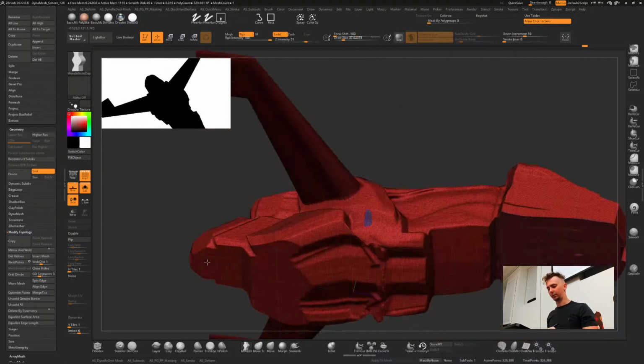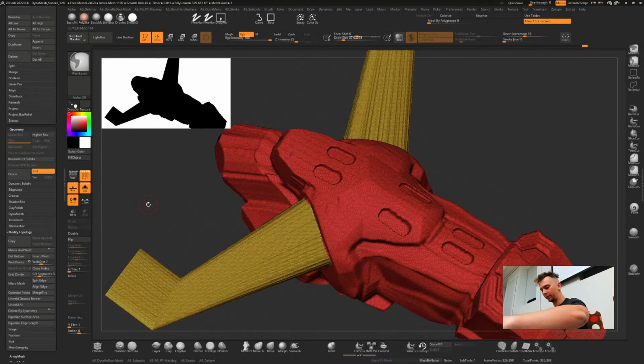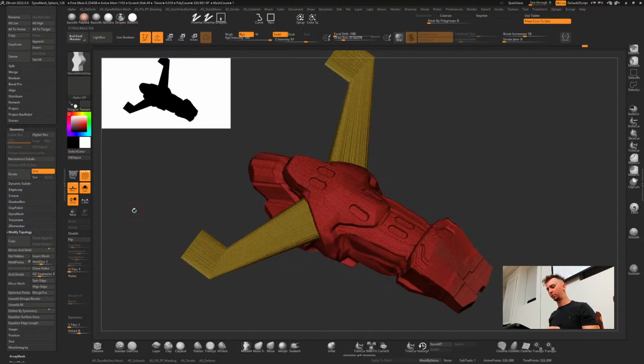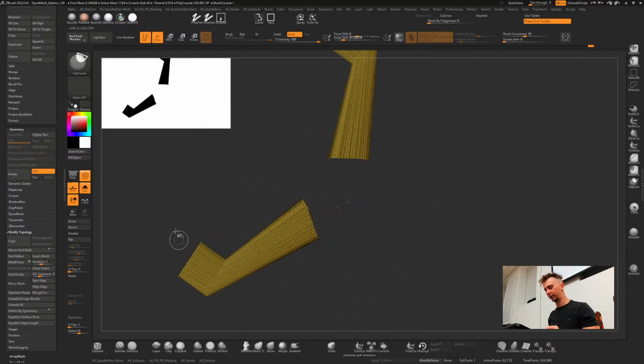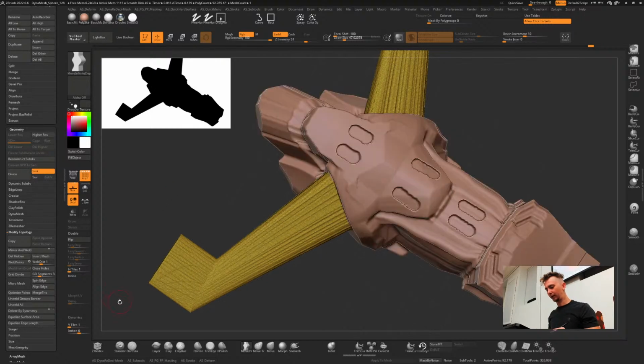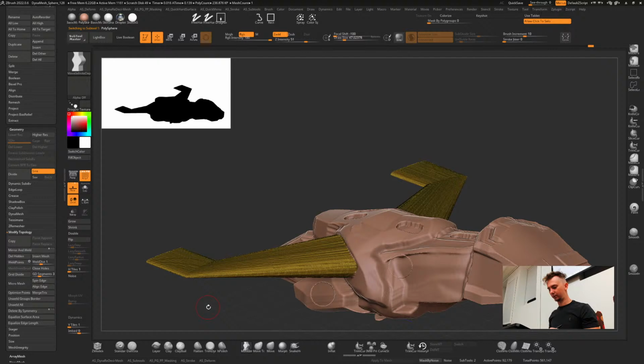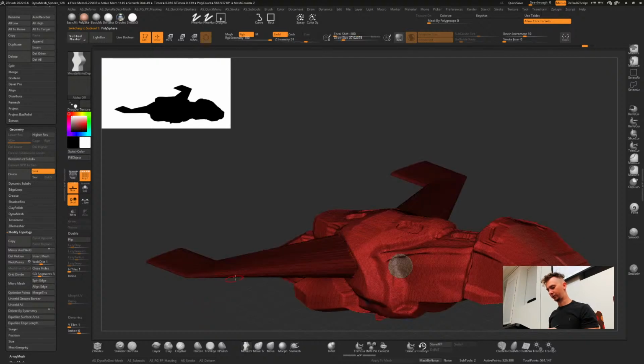And I was able to precisely pick just this part, pressing Control W on the keyboard, and this creates a new polygroup. And if you Control Shift click on a new polygroup, you can make a fancy menu like I have here, and I do split hidden, and now I have two objects that I can switch between. And that's life changing.